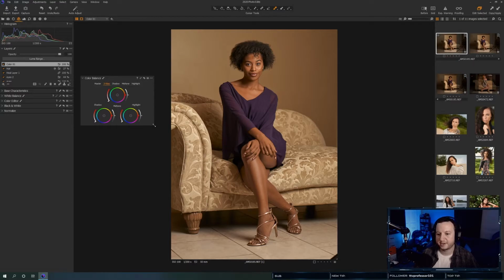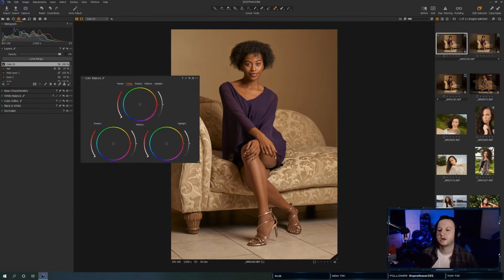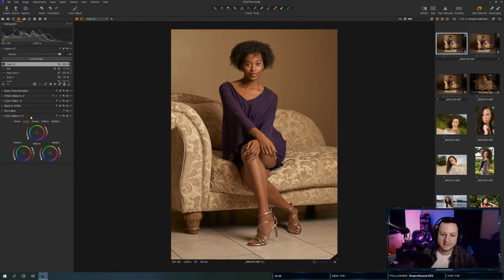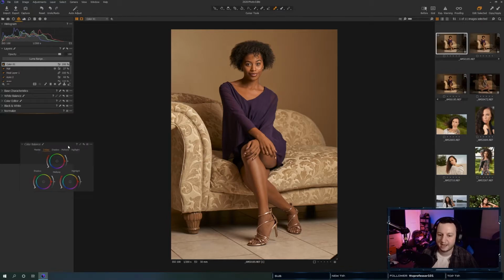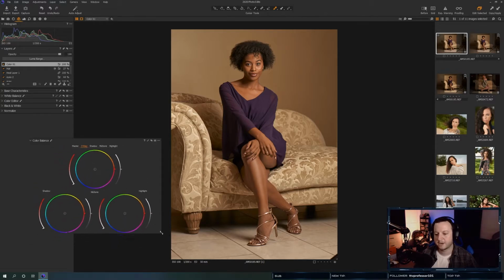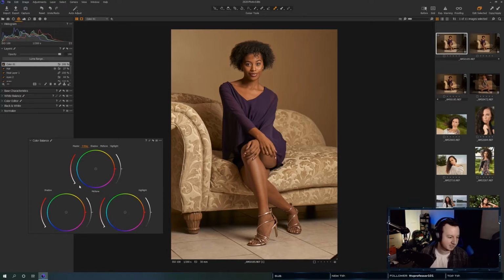Now, because I'm a video editor, I love these color wheels. Oh, and this is also another thing I love about Capture One. Look at this. I can move these panels wherever I want. I mean, don't get me wrong, I love Adobe. Photoshop is my jam, but some of the tools in here are just